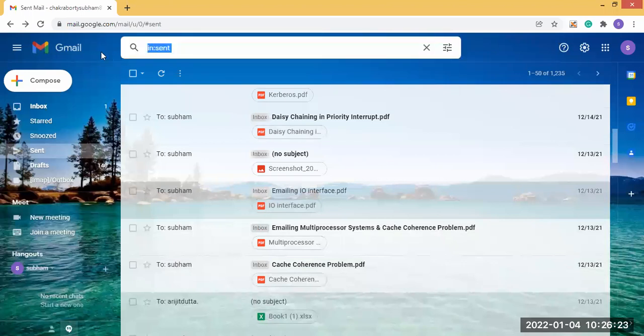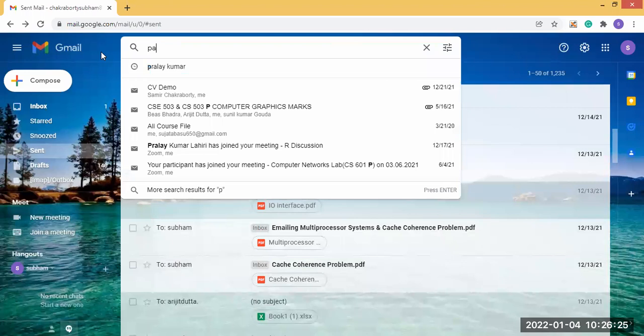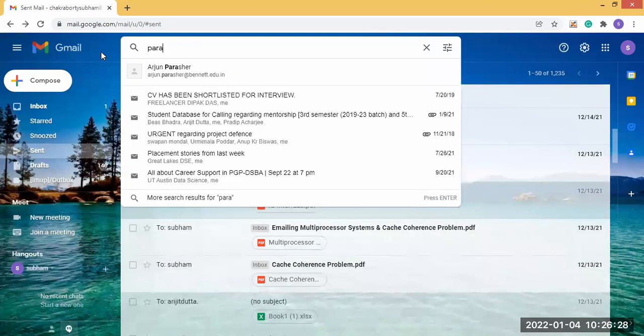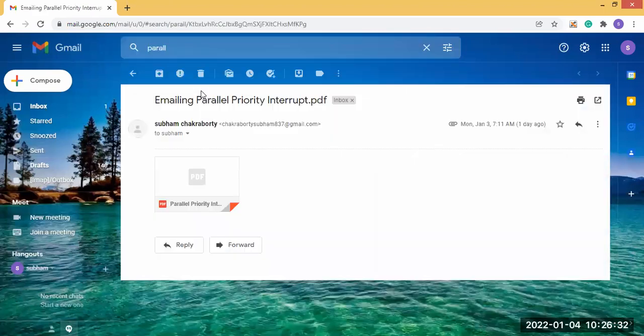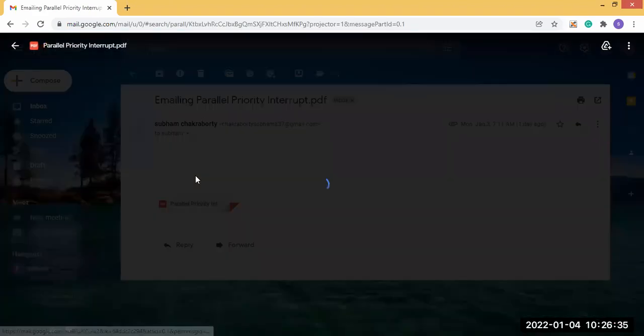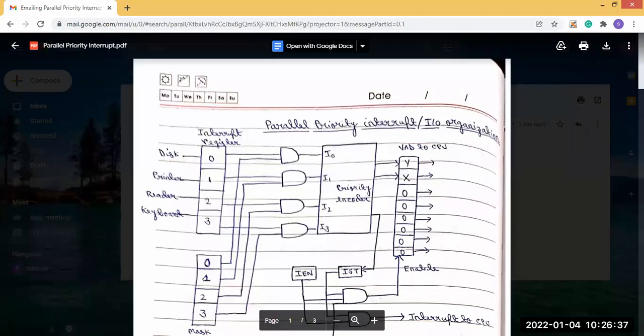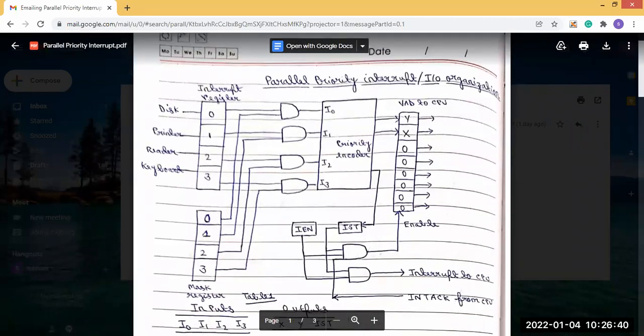Now we will go to the parallel priority interrupt. The difference you will be able to see here is that the devices are parallelly connected.